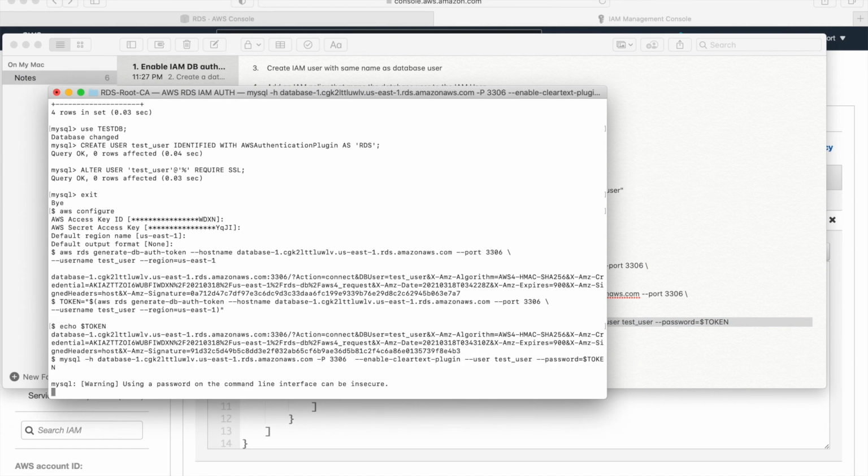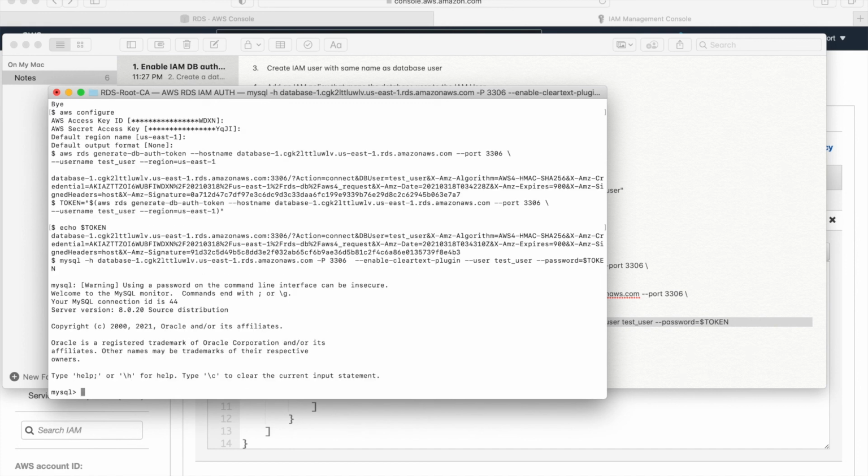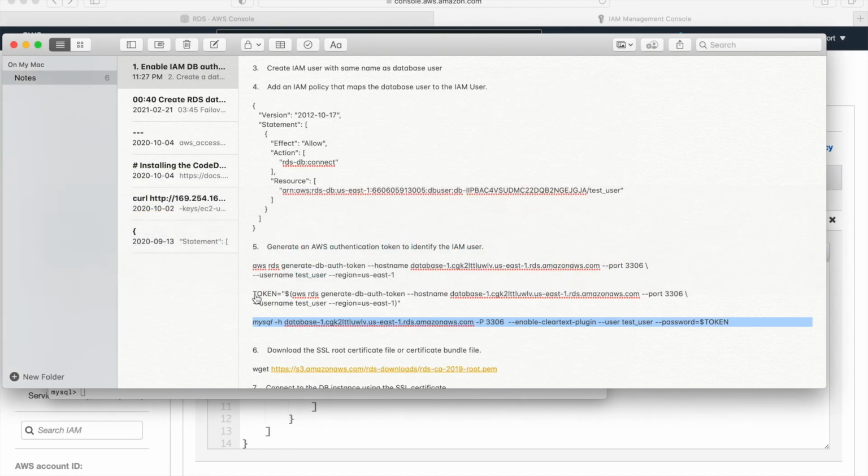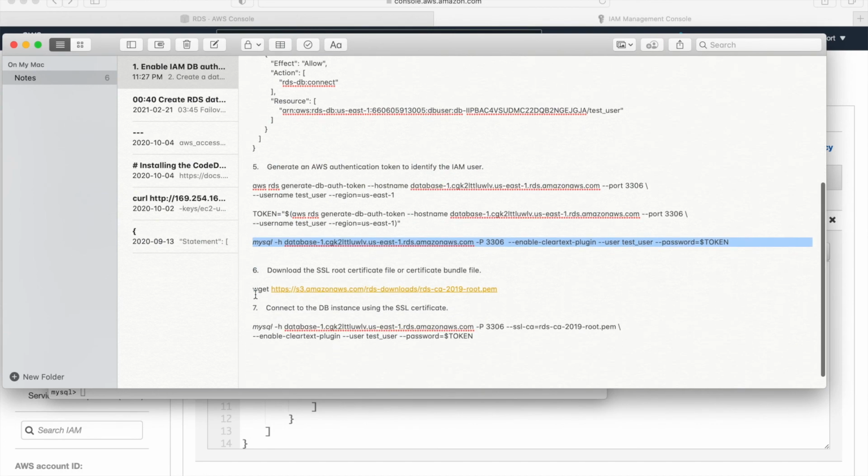It's that easy, but just to learn, it takes a little bit of effort, and when you see it yourself while doing it, it makes it easy to remember. Okay, so this is how we connected, but we can even use an SSL certificate to connect. The sixth step is to download the SSL root certificate file. wget is the command to do that.